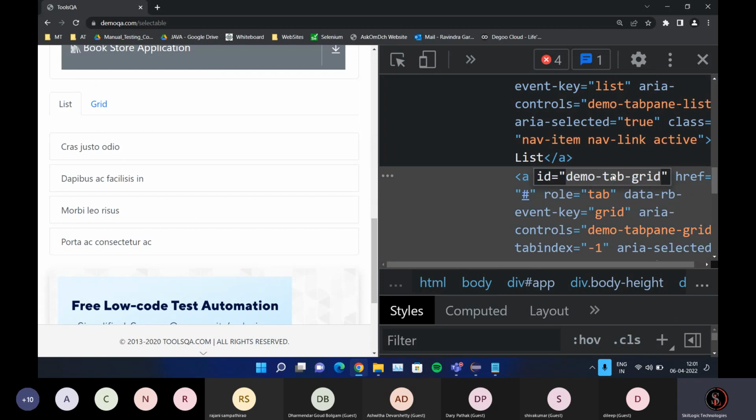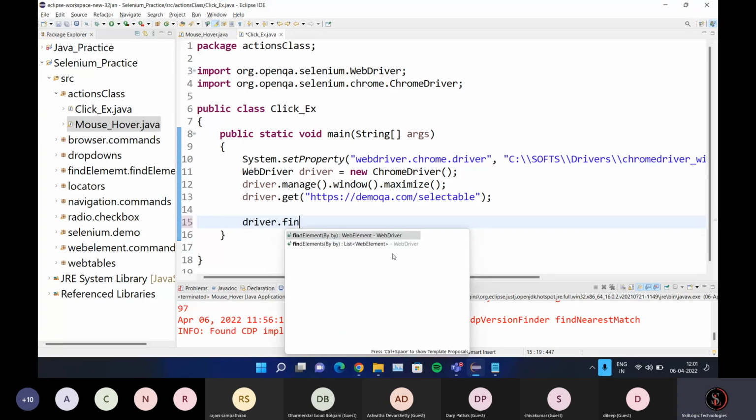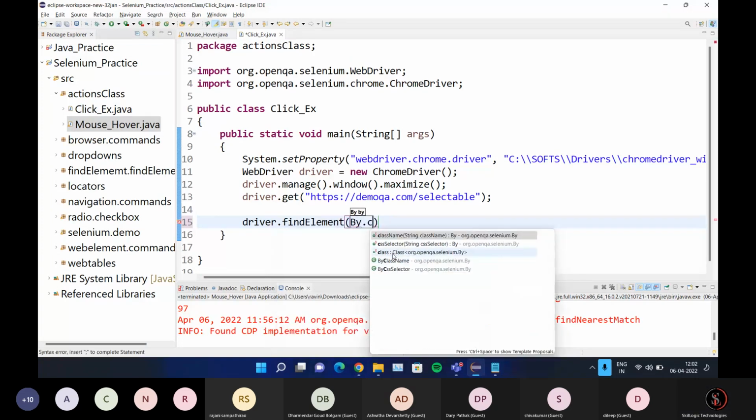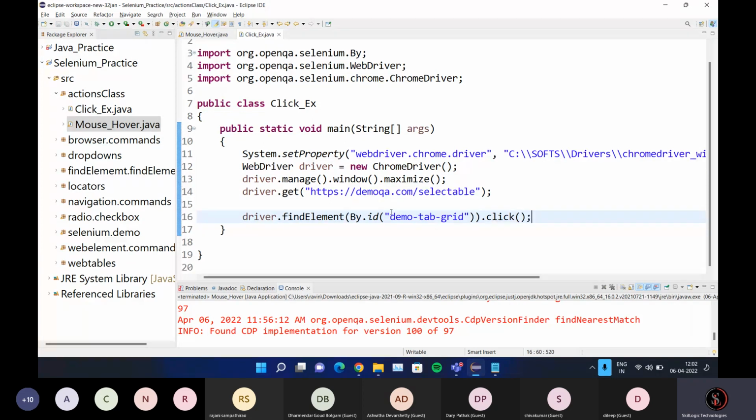There is an ID called grid, right? So driver.findElement by ID. This is a normal click which WebElement provides, a WebElement command click. Now we'll try to do the same thing, the click operation,